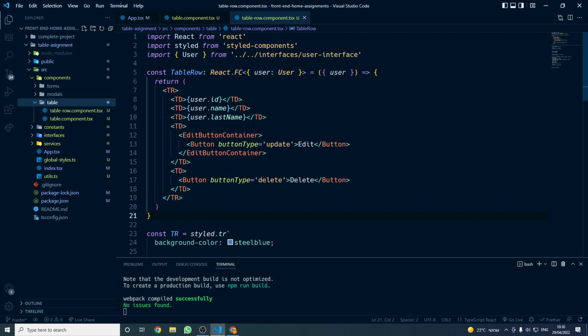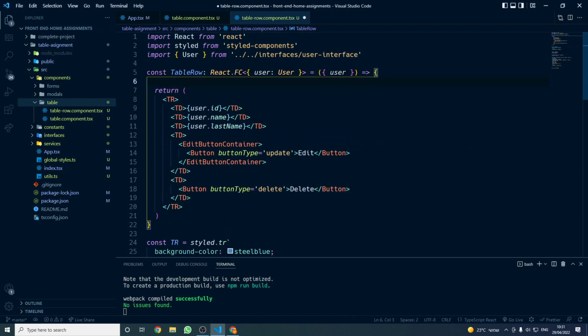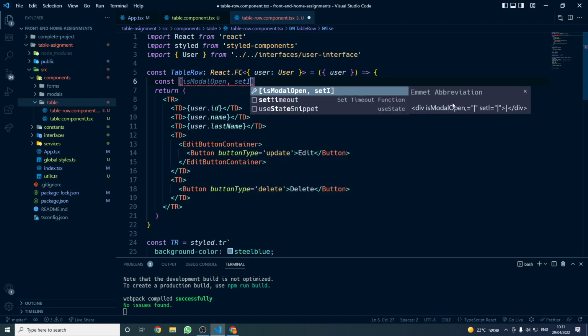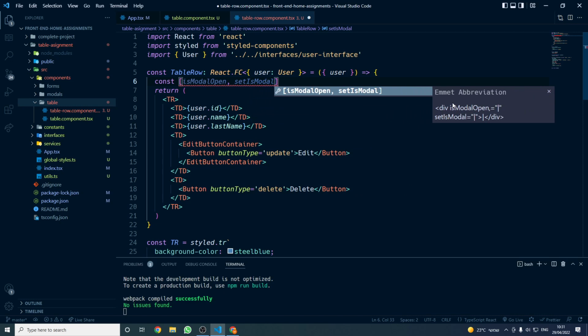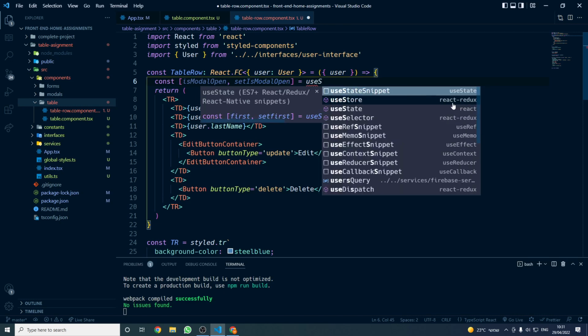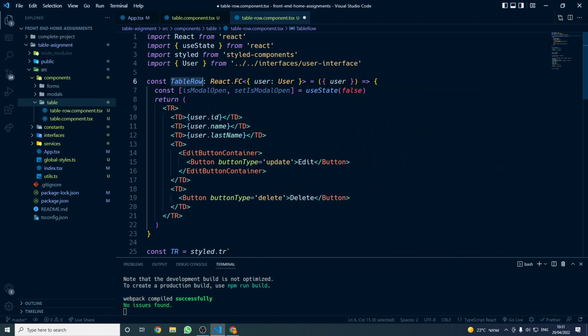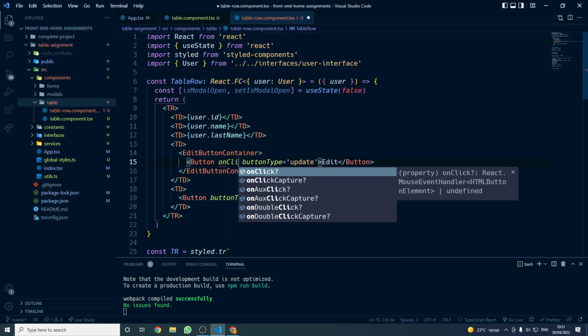One more thing I want to add now for this table row is the state that actually is responsible for opening and closing the edit modal. So for now, I just want to add the state here. Let's define it as isModalOpen, and setIsModalOpen, which is going to be useState. By default it's going to be false. And as you can see, I'm inside table row, so each table row will have its own state with this isModalOpen state. And on edit button click, I'm going to specify here onClick,